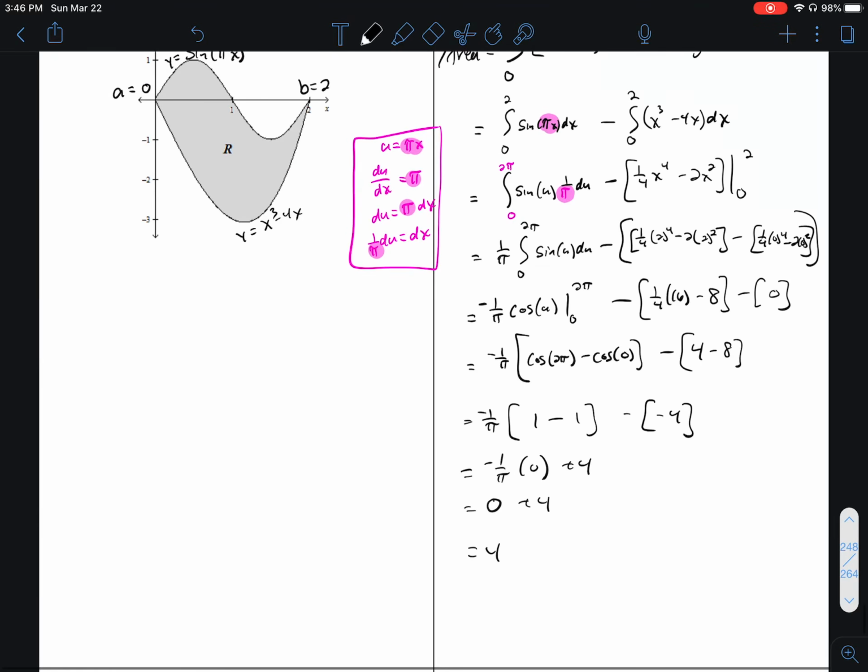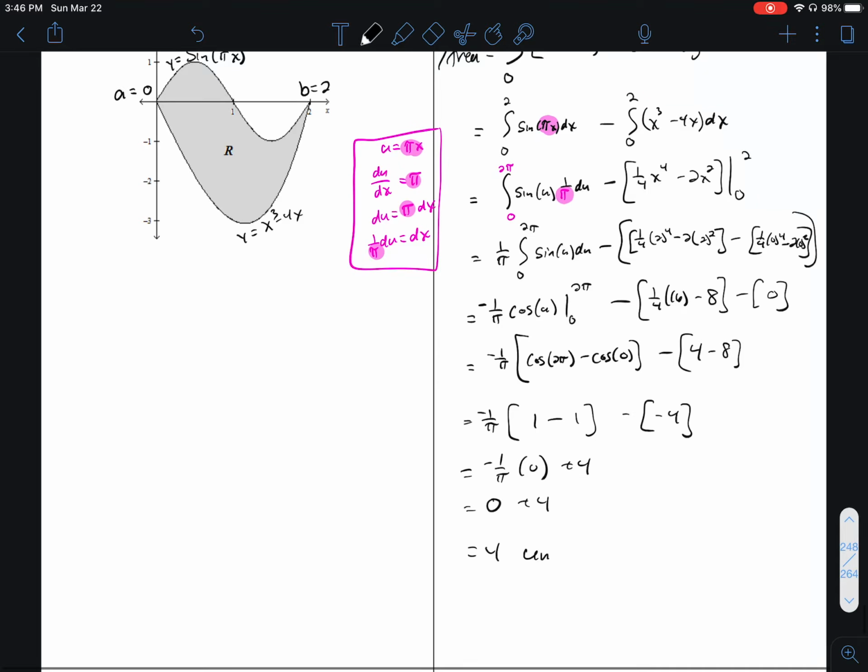I think it's super cool. It's going to be square units, the area between these two curves,